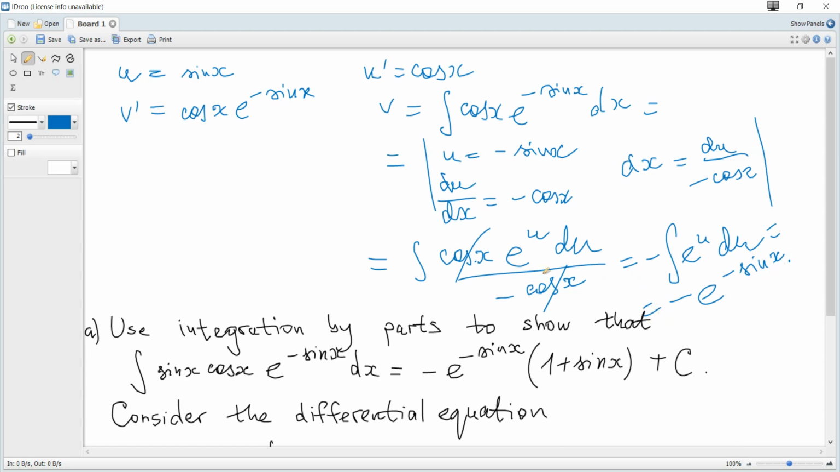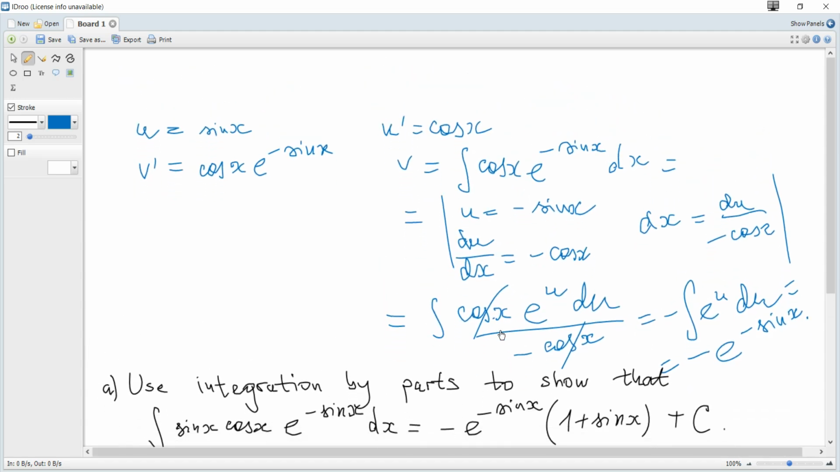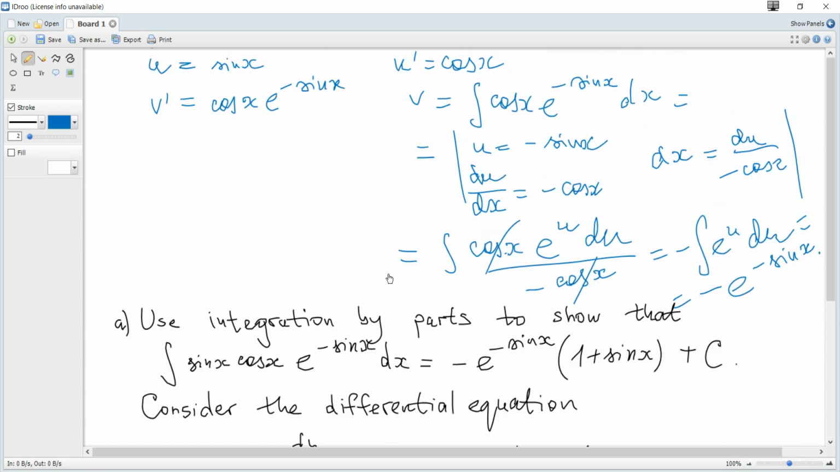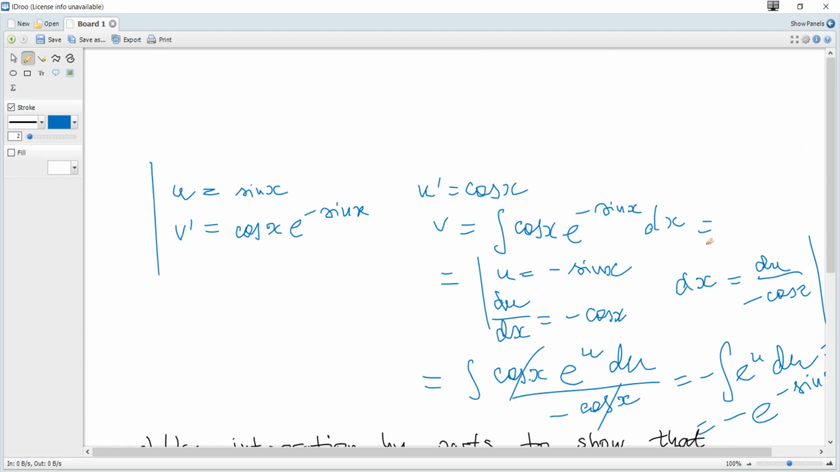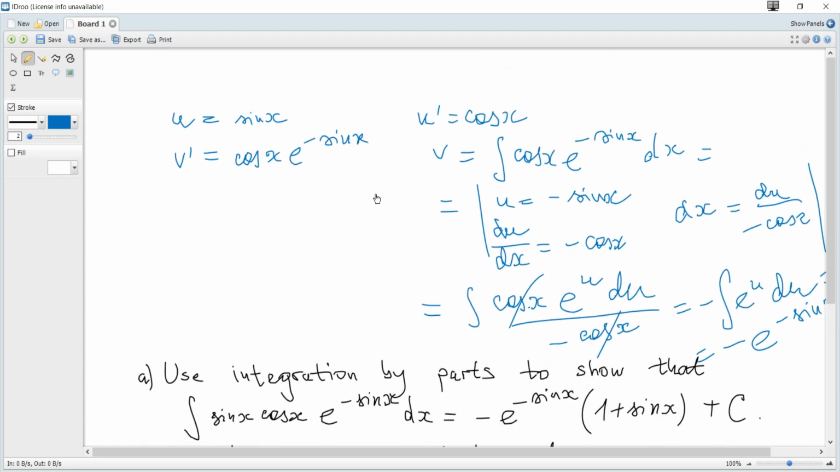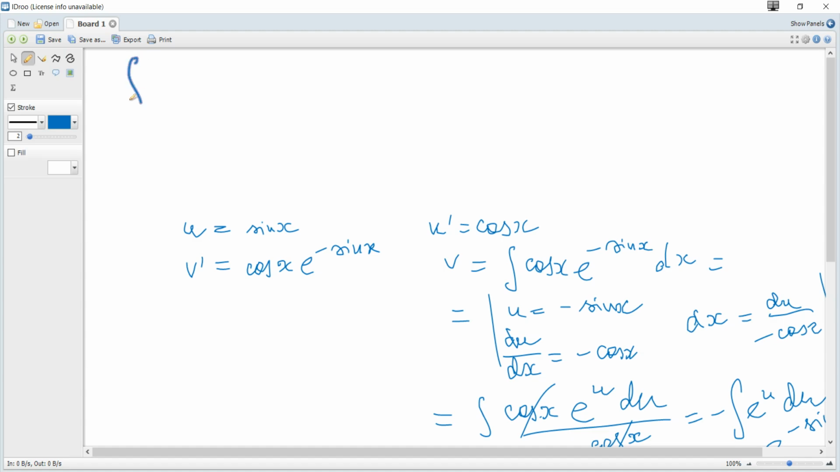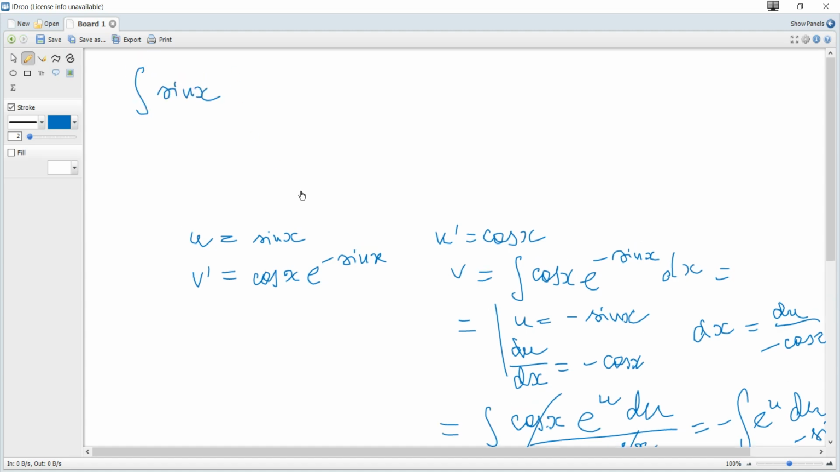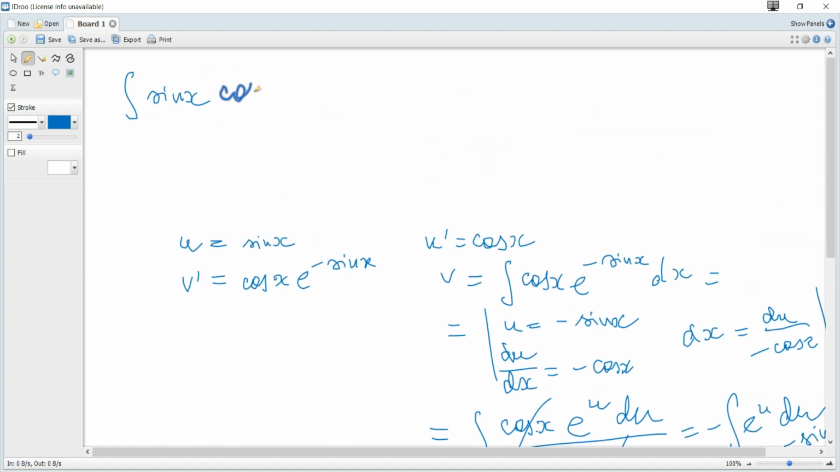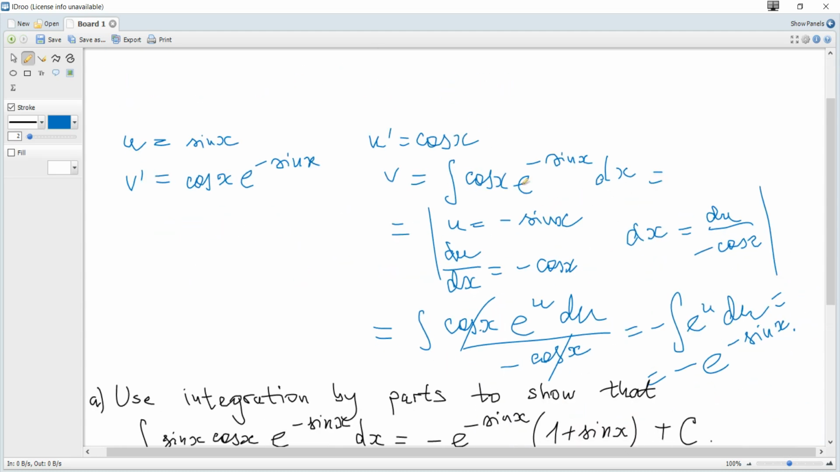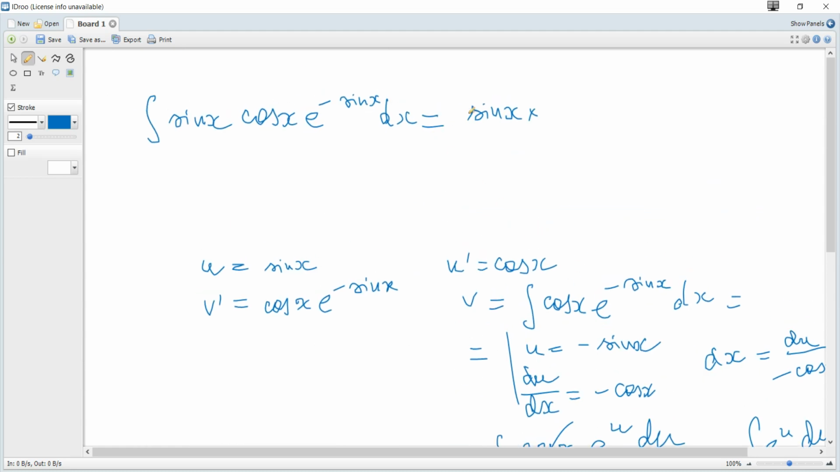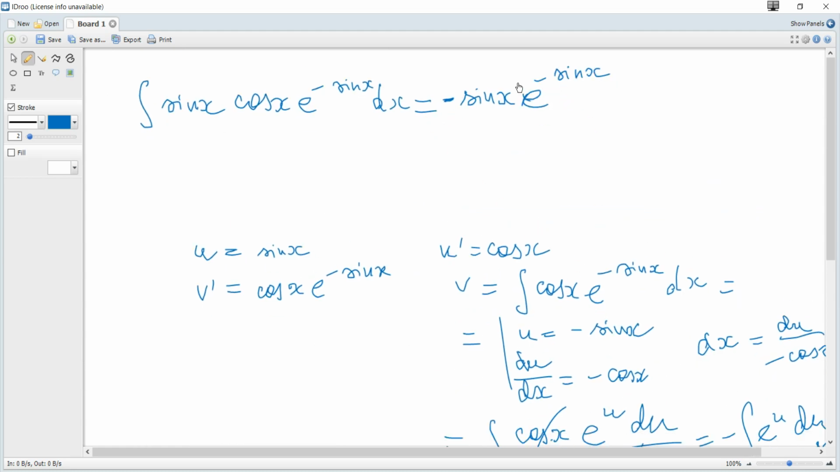And continue integration by parts. So this integral, sine x cosine x e to negative sine x dx, is equal to what? uv, this product, so it's sine x multiplied by negative e to negative sine x,